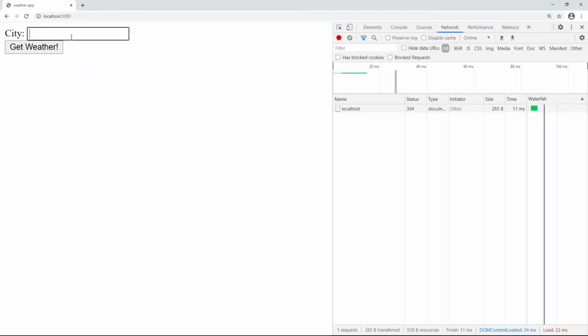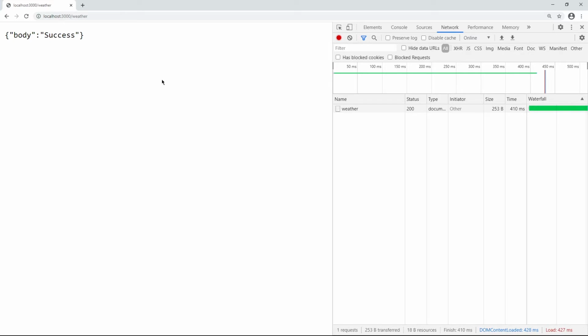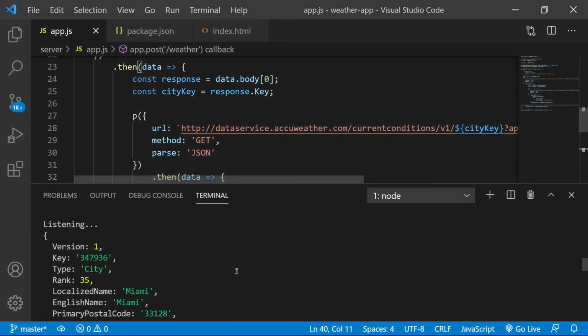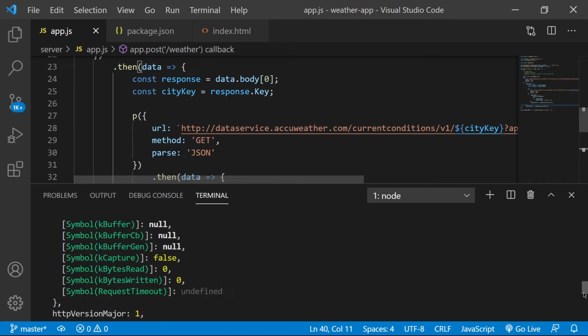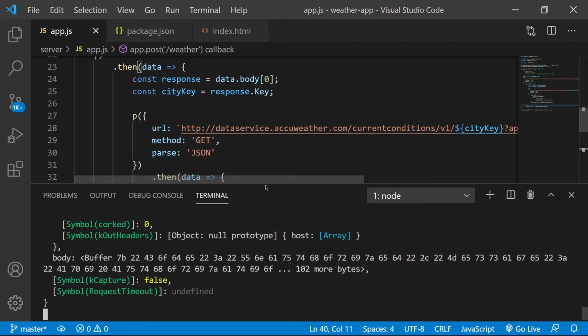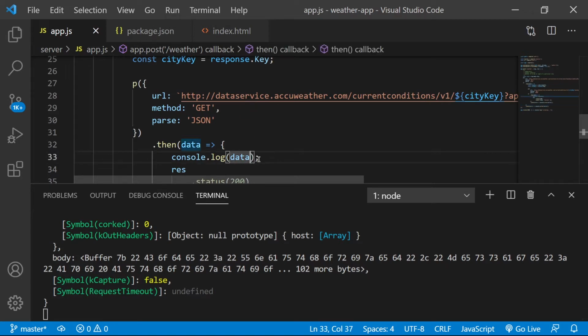So we'll come back here to Miami. Looks like we had a successful response. Come back here to our code. Let's see, I want to go all the way down. Okay, so I actually want to do data.body.